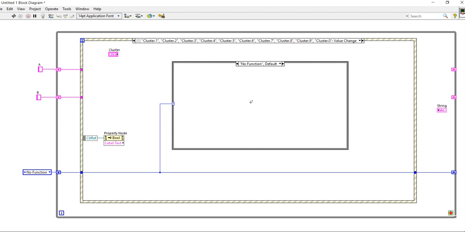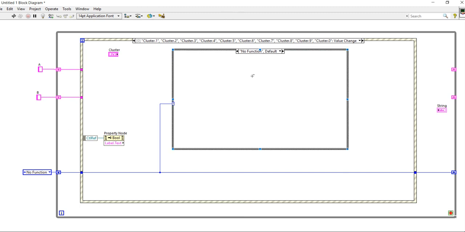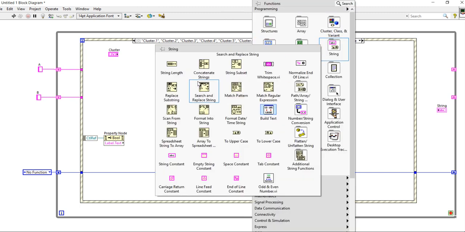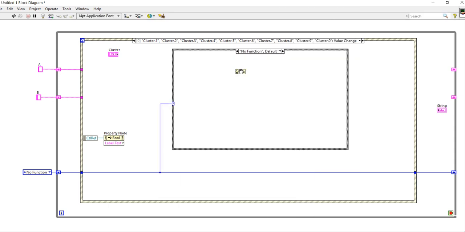In the no function case, right click, take a concatenate string function. Connect this one with the label text, and connect this with the A. After that connect like this.